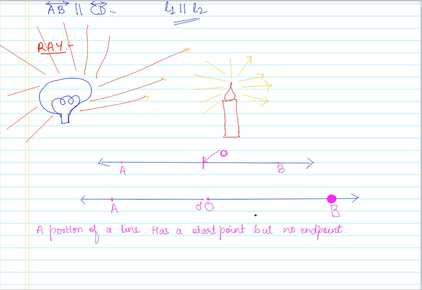So here we have two rays. How do I represent these two rays? So we represent rays similarly to a line. The only thing is we just remove the arrow on one side. So this is line AB, and this line would be represented as AB with the two-sided arrows, but this is just a one-sided arrow. And remember that the origin is written first. Since this is the start point, we write O first and then B second. And if I want to represent this ray, I will write O tick A, because the origin point is O dash or O tick point. So this is how we represent a ray. So in this section,